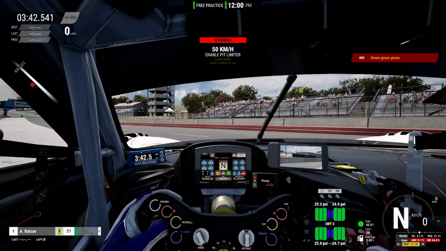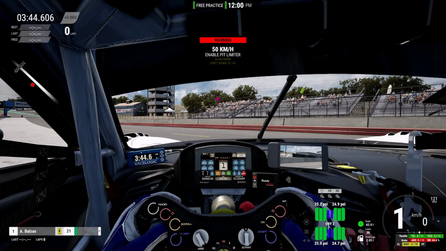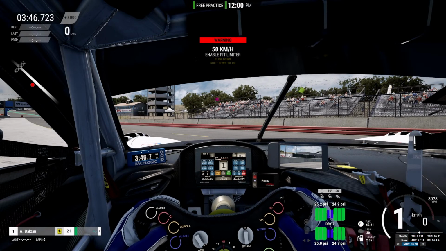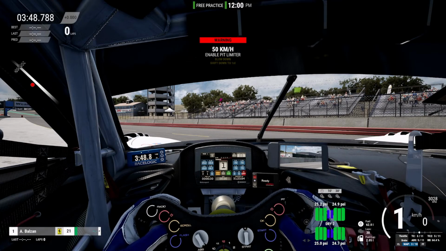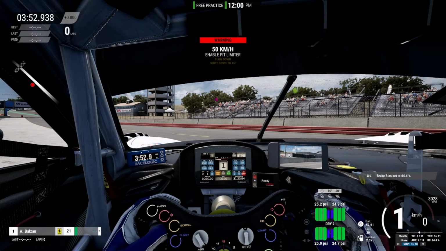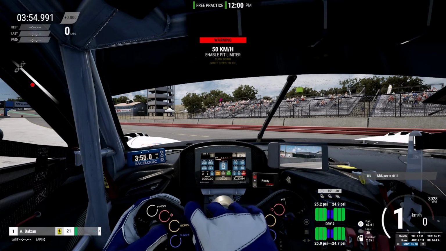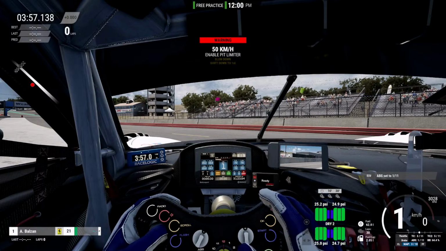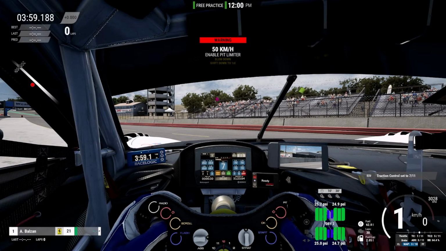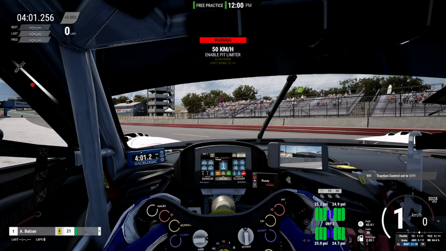Green light. Give it all you can. All right, we're running at TC 25, ABS 3, TC 1.